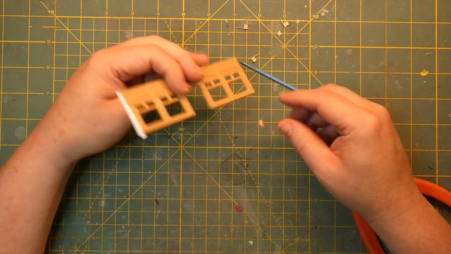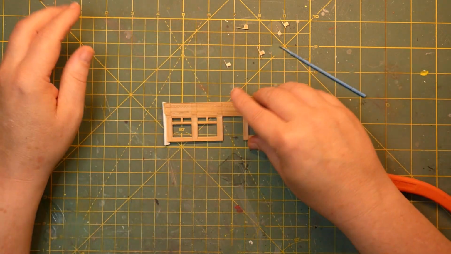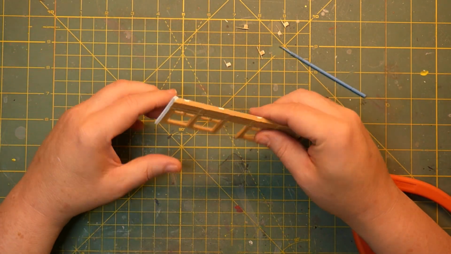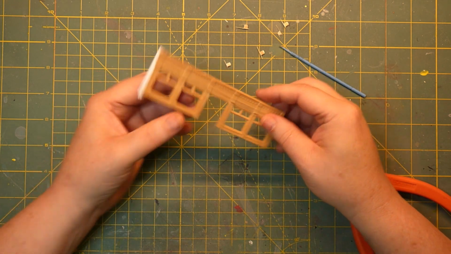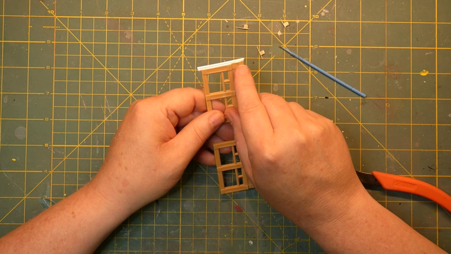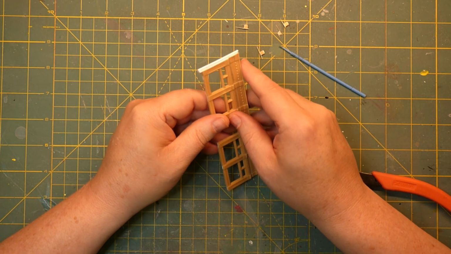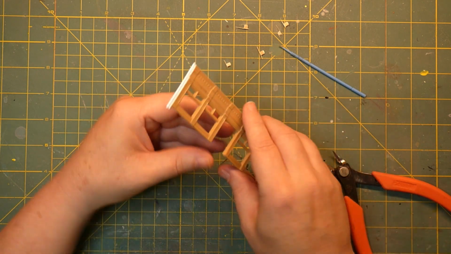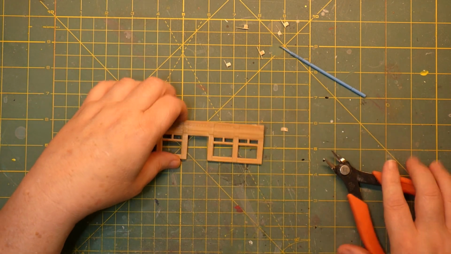So at this point I'm going to stop. I'm going to let this piece totally dry, and then we're going to hit it with the sandpaper, and we're going to clean this up again, and that'll get rid of this little bevel and this angle in here. So we'll come back in a little bit when this is dry and we'll tackle the rest of this. In the meantime,